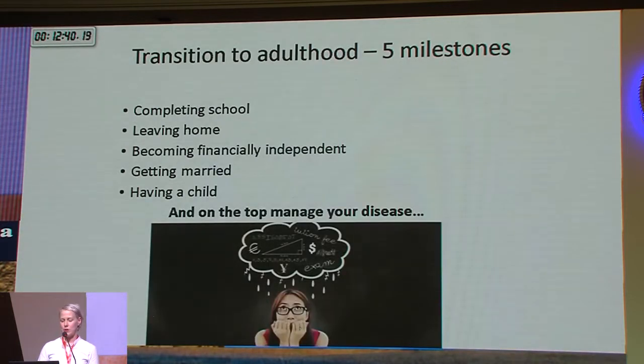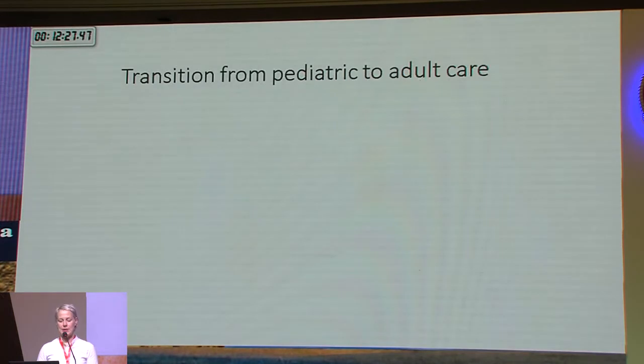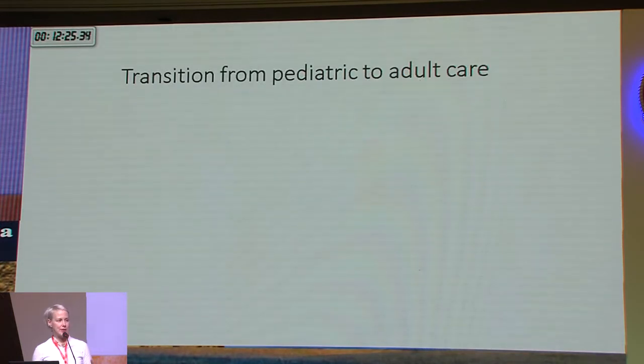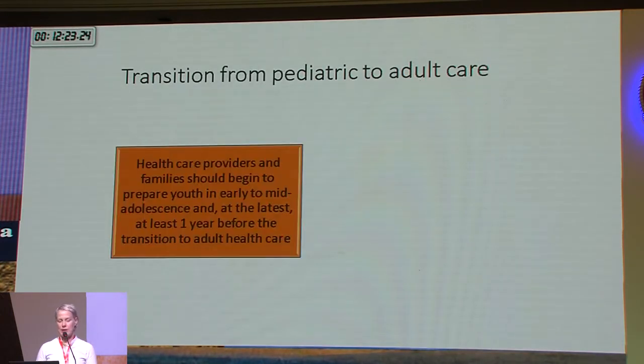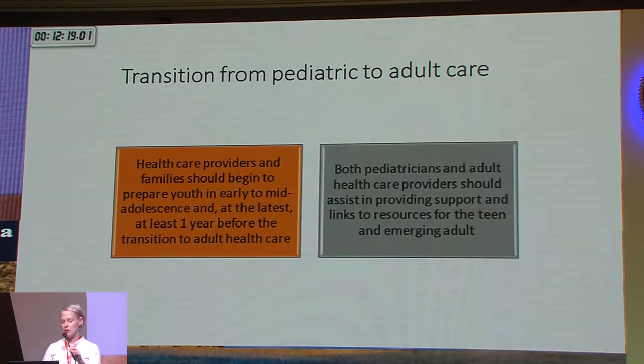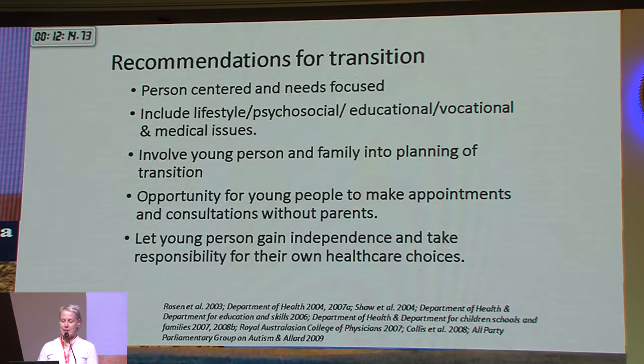Another option here that we need to remember, the importance about transition from childhood endocrinologist to adult one. So they completed school, leaving home, become financially independent, getting married, having a child. That's the reason that we need to transition our patients very attentively. And we need both working as a pediatrician endocrinologist and also adult endocrinologist here before the years of transition. And there are some very easy recommendations for making this process very easy.